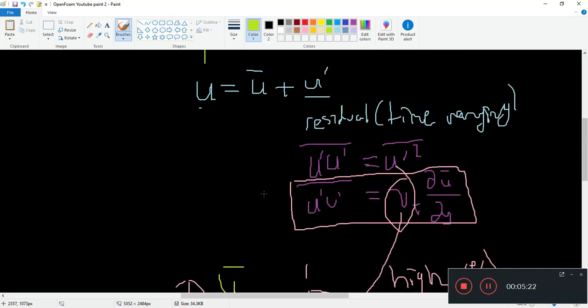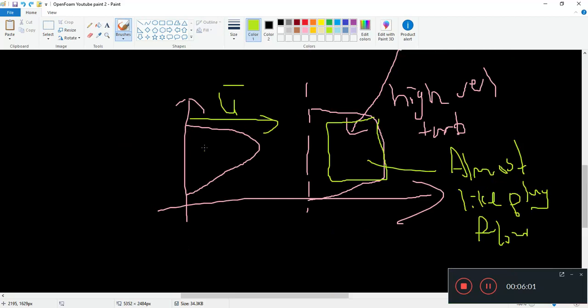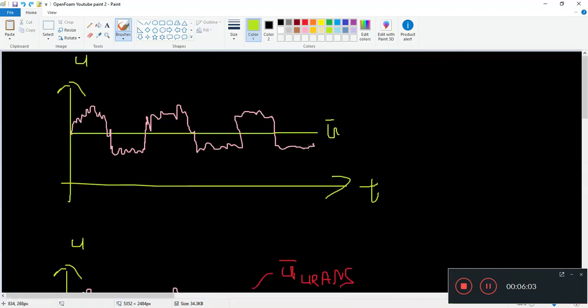So that's the idea: we model the effects of turbulence artificially inside the Navier-Stokes equation by increasing its apparent viscosity, or eddy diffusivity. Some of the names are eddy diffusivity, or they may use turbulent kinematic viscosity or something like that. So that's how we model all these turbulent effects. Of course, there are models to do that, for example the k-epsilon model, the k-omega model, and so on. But the thing is that it doesn't capture